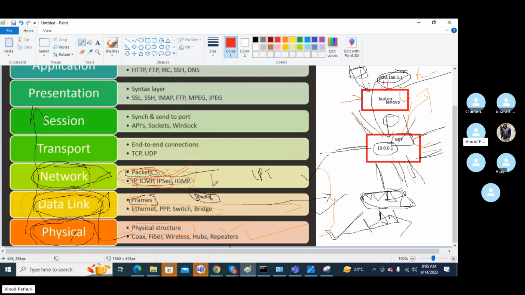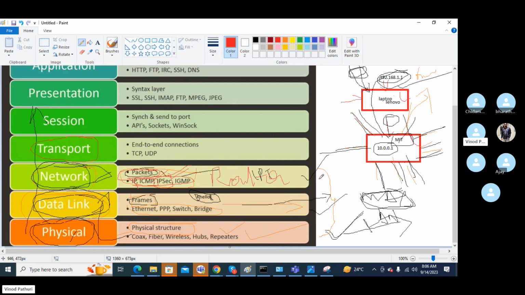In layer 3, the device is the router. Why do we use the router? To communicate between multiple networks, we use a router. And the next one is the transport layer.